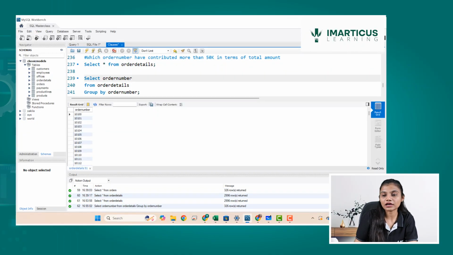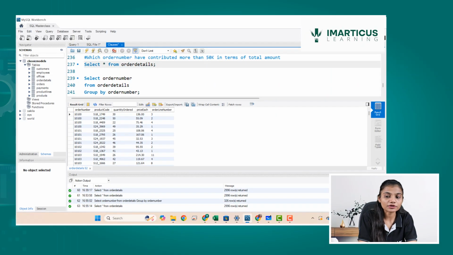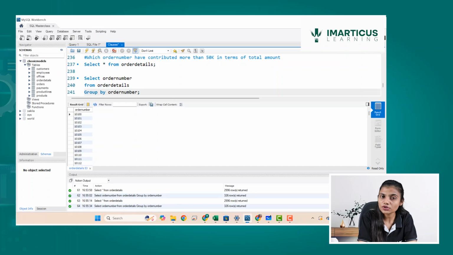If you see the order details table, you can see 10100 is something which is repeated a number of times. A group by clause is grouping it out and giving the group. The group which is created is 10100, and it will have the rest of the records belonging to that particular number. So we have generated a group by. Now of this group, what do I want to create? At 10100 IDs, I want to find out the total amount.